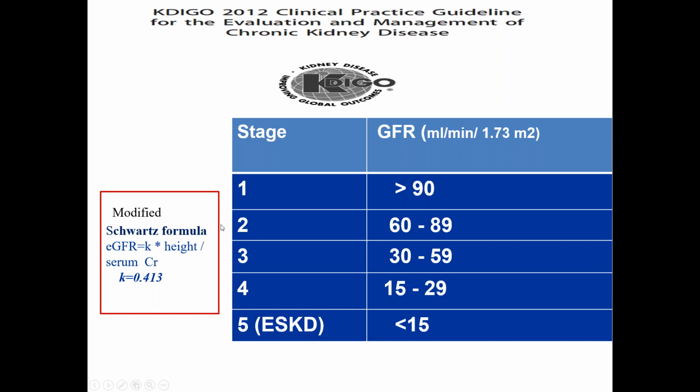And as you know, this GFR is by the bedside calculation, which can be done with the help of the Schwartz formula in children, where K is a constant across all pediatric ages, that is up to 18 years of age. K is 0.413 into the height divided by the serum creatinine. And so in the pediatric age group, we would be using this formula to calculate the GFR for children